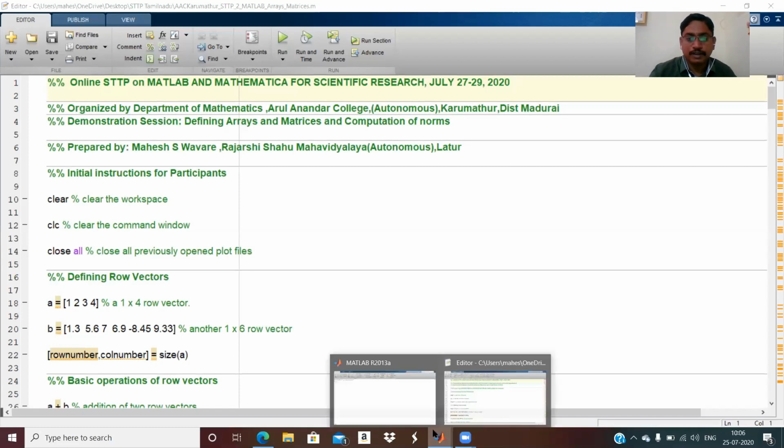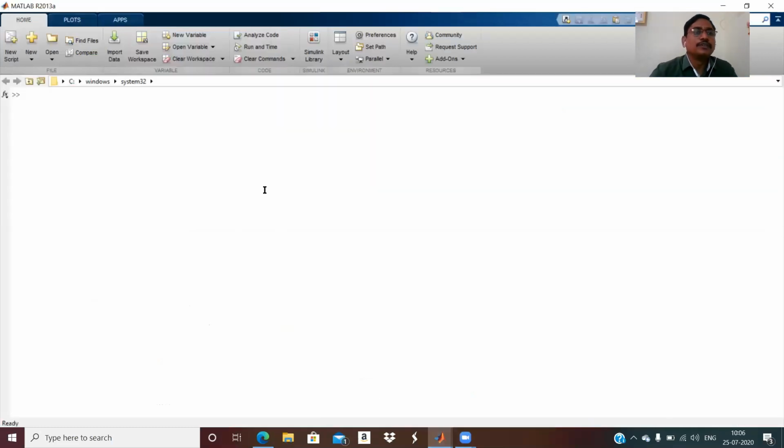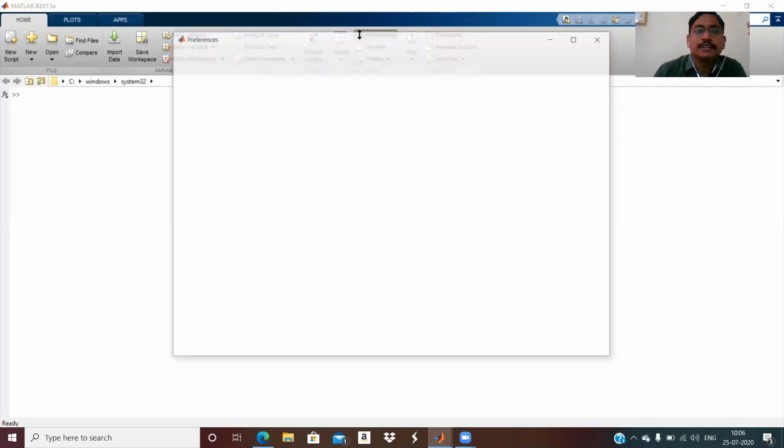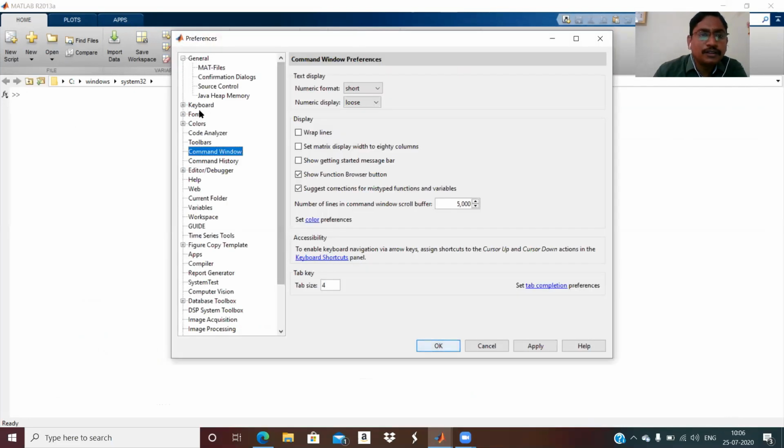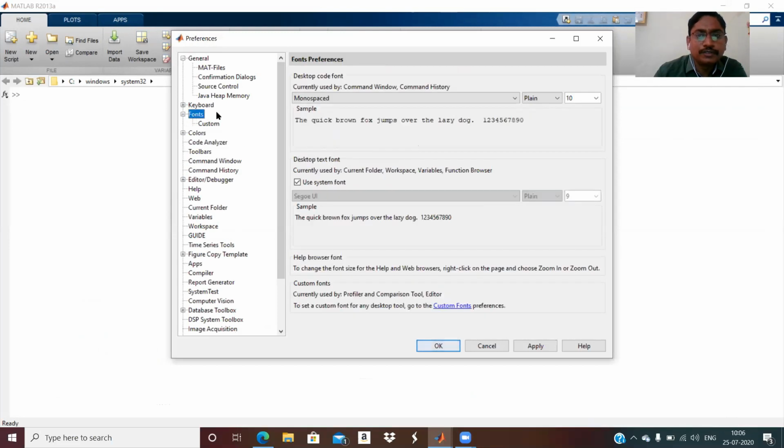Now this is MATLAB. I must tell that the font size is not visible, so everybody can go to the file menu, preferences, and go in the font. I want to change the size, so if I make it 14, then it will be okay for all.